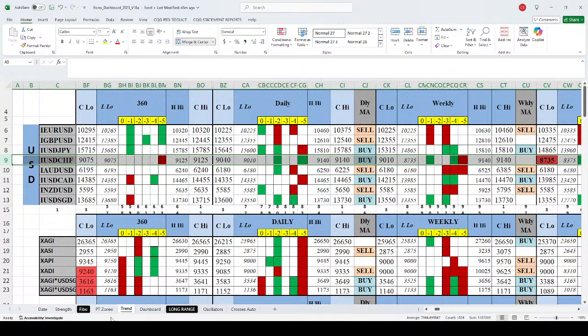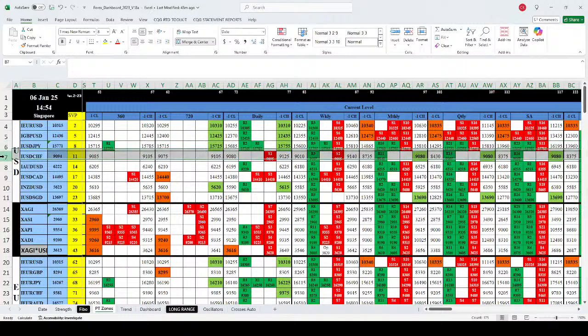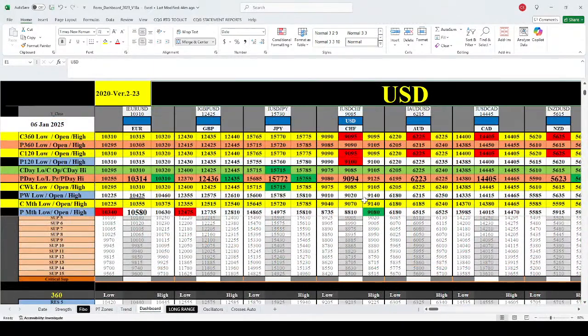Okay, so here we go into the PT zones. We see daily has already come off, which means to say that the market is already showing weakness, which means the market may have seen the high. Okay, and we are seeing one buying force and one selling force. More or less they are equal. Maybe only the strong buying force is a bit more compared to the selling force. Okay, monthly strong buying force, quarterly all strong buying force.